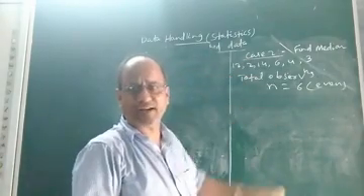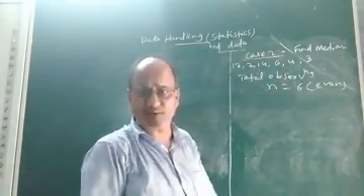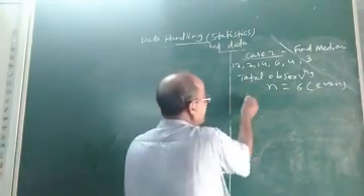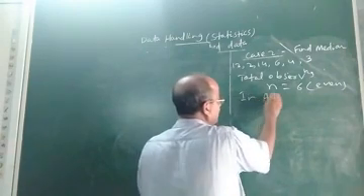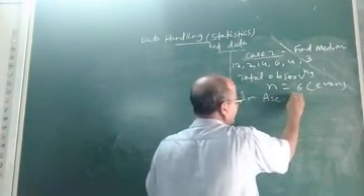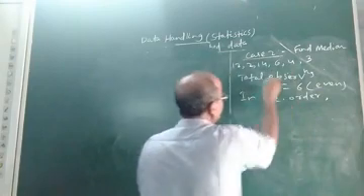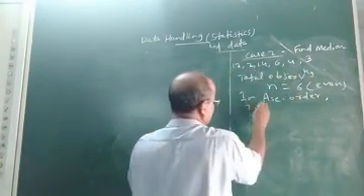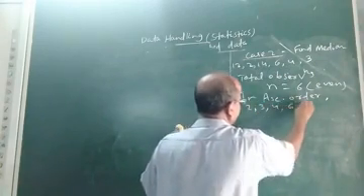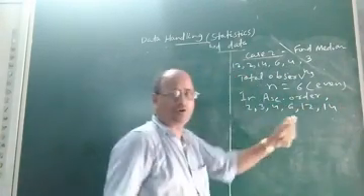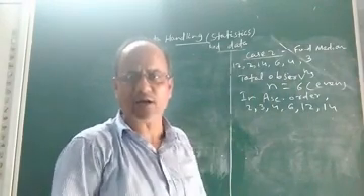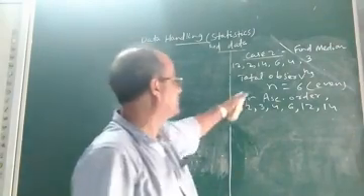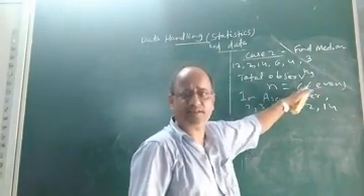Now what will we do to find the median of these 6 observations? First step is we have to write them in ascending or descending order. Let us write in ascending order. I will write 2, 3, 4, 6, 12 and 14. Now I wrote all the 6 observations in ascending order, and I saw that the total number of observations n is 6 and it is even.